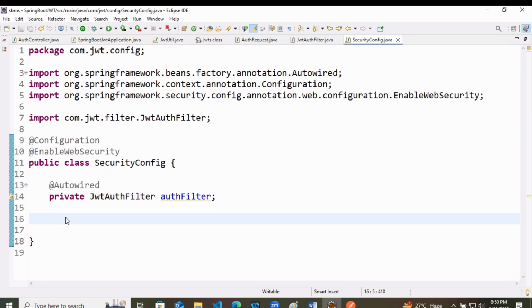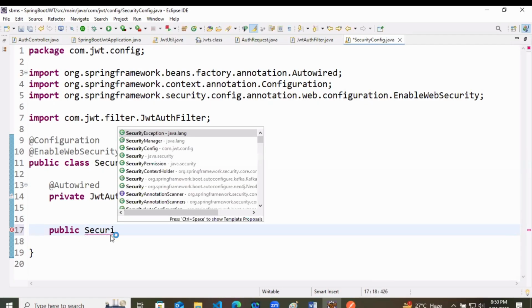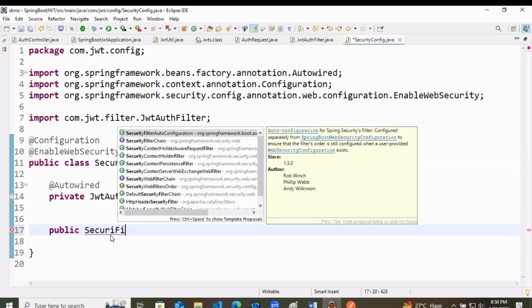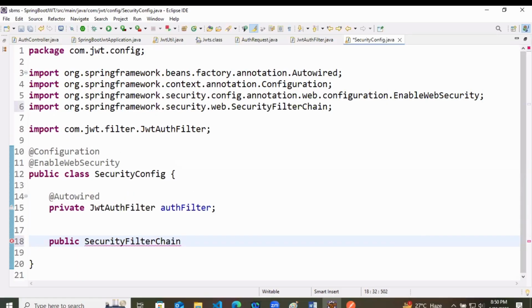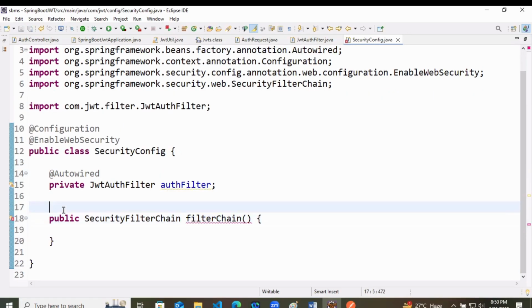Last time we were having a method that is public security filter chain. The return type of the method was security filter chain, and method name, let's keep filter chain. I want it to be created as a bean, so I will annotate it with a bean annotation.